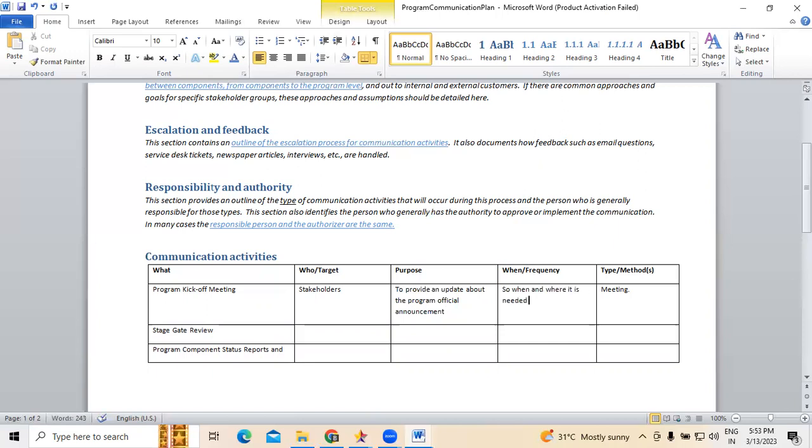There will only be one program kickoff meeting per program. Understood, Hassan? Right. The program meeting will be only one, conducted initially to start with.